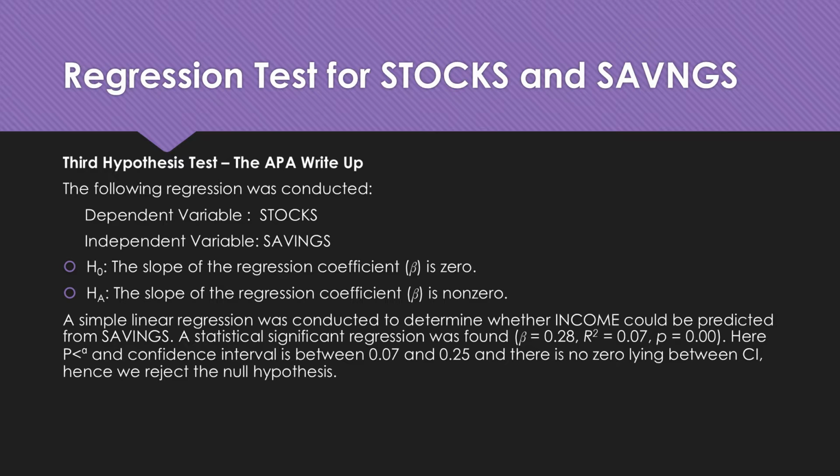When we conducted the hypothesis test using PSPP, the values we obtained are beta equal to 0.28, r square equal to 0.07, and p equal to 0.000. Here if you see the results, the p-value is less than alpha and the confidence interval lies between 0.07 and 0.25. There is no zero lying within the confidence interval, so hence we reject the null